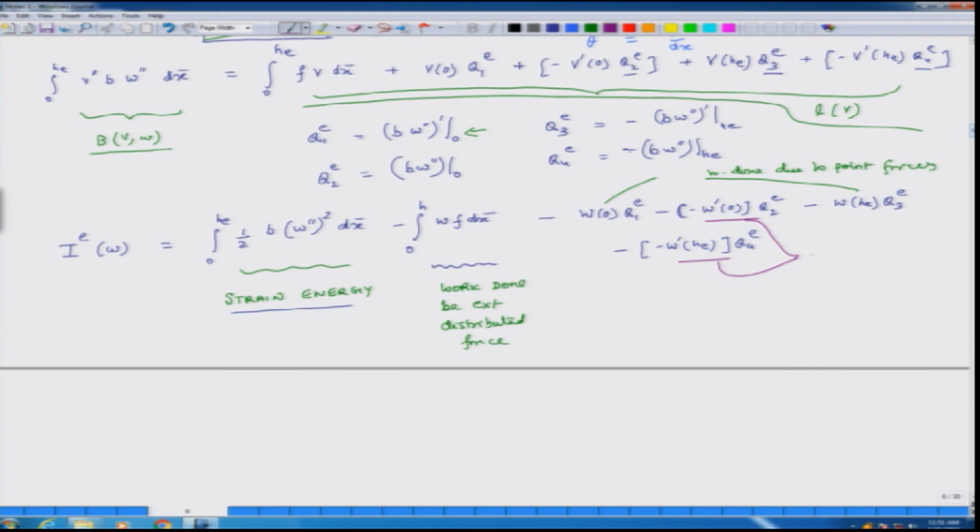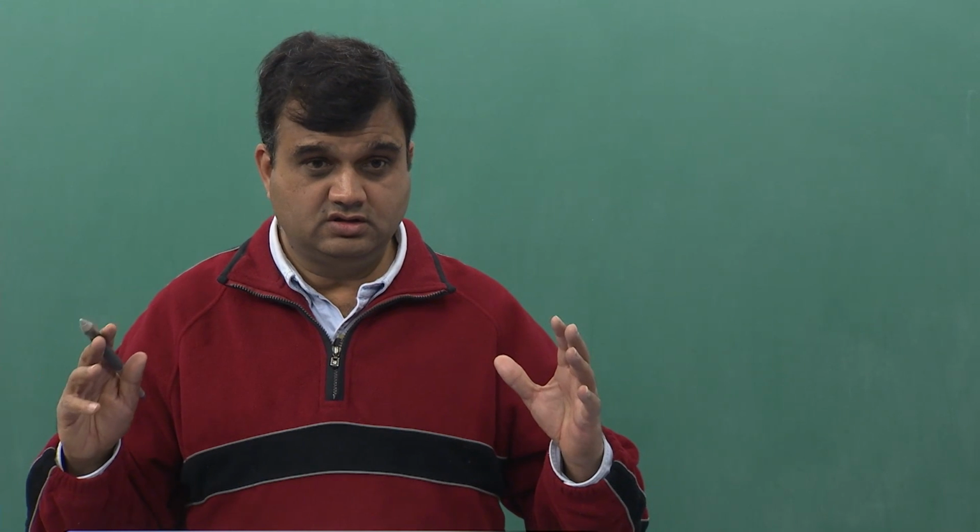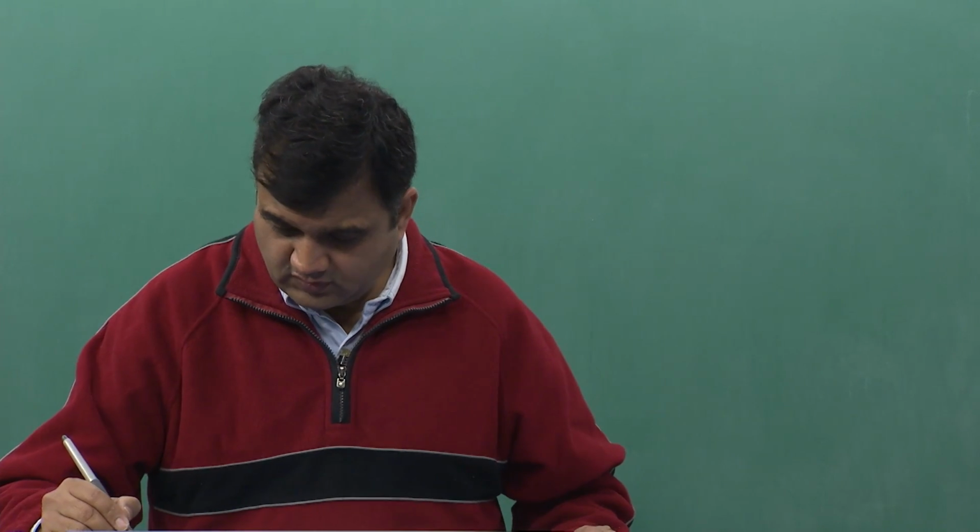So this is work done due to moments at ends of element, agreed. So this is strain energy, this is the work stored in the system, and these are all work done by external forces. So if you add them up, this is the total potential energy of the system,